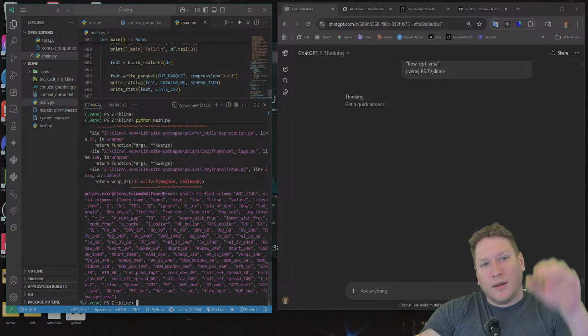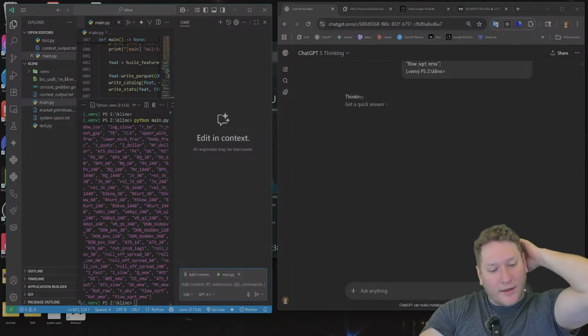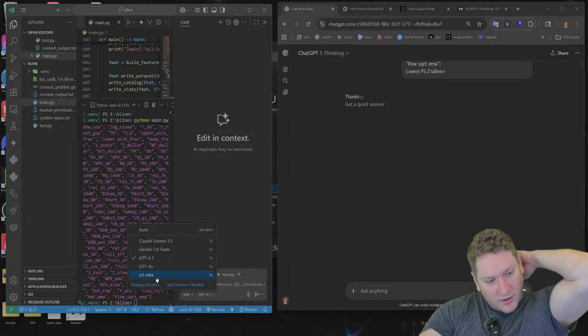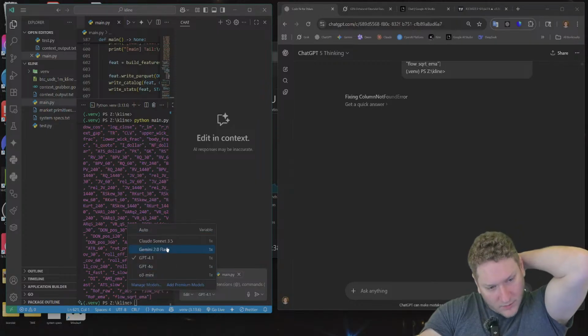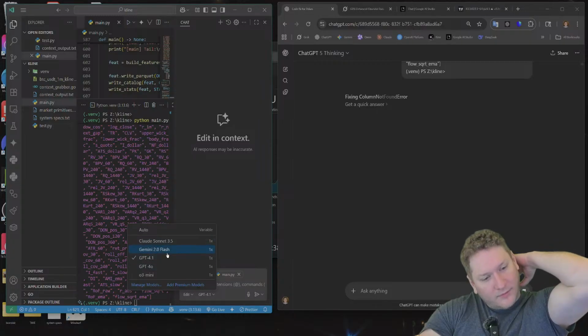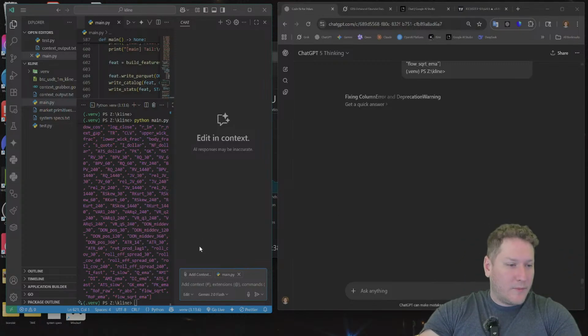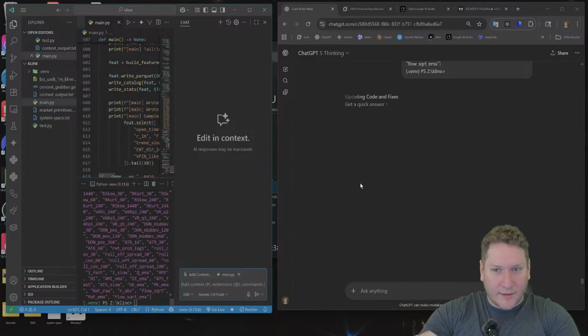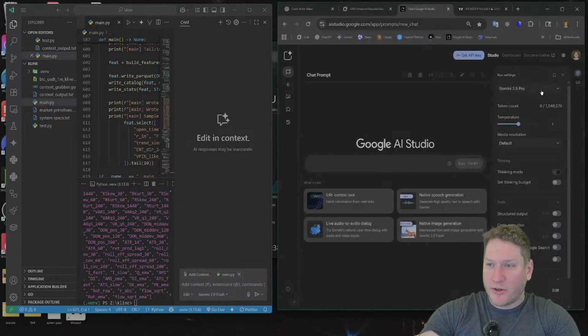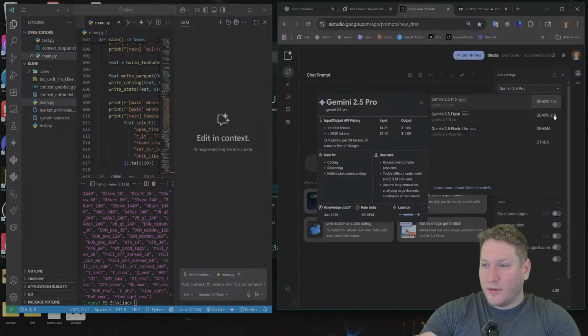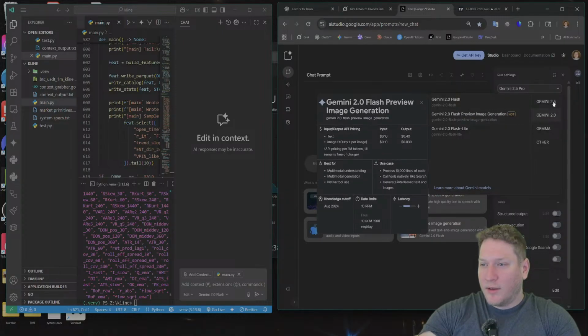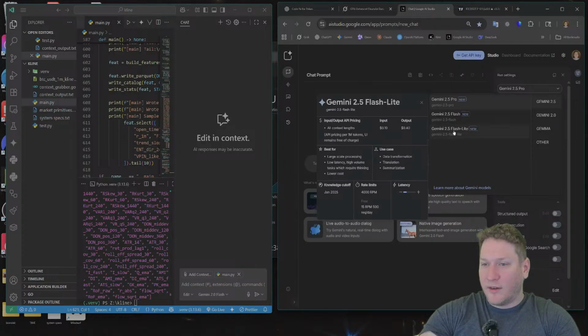Let's see. If I have to, I will use my edit feature here. We'll give it main context. Gemini 2.0 Flash. Oof. They haven't changed this in forever.